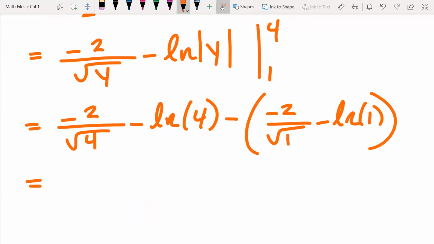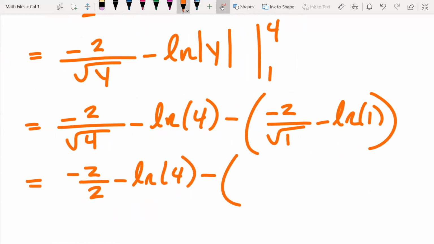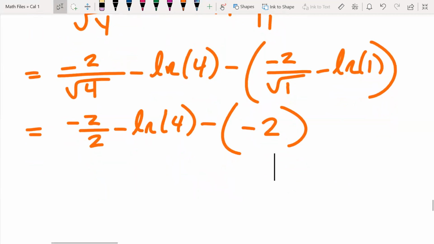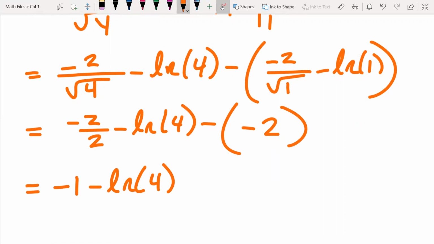And clean up. Negative 2 over 2 minus the natural log of 4 minus just negative 2. And then negative 1 minus the natural log of 4 plus 2